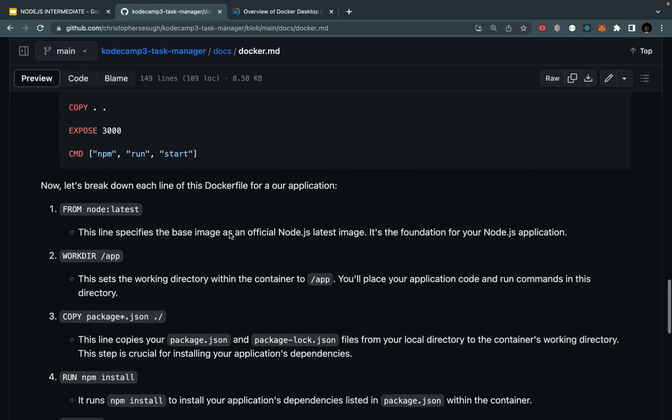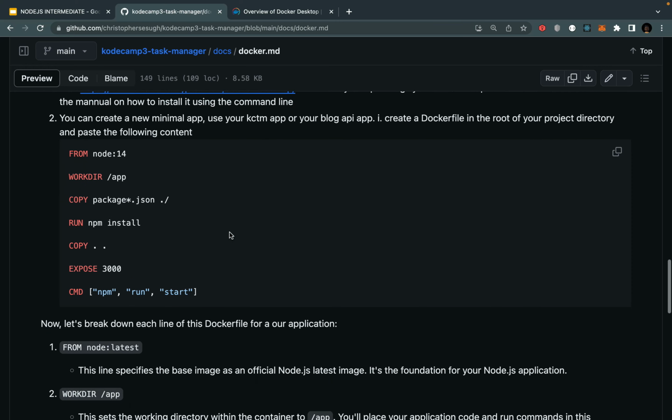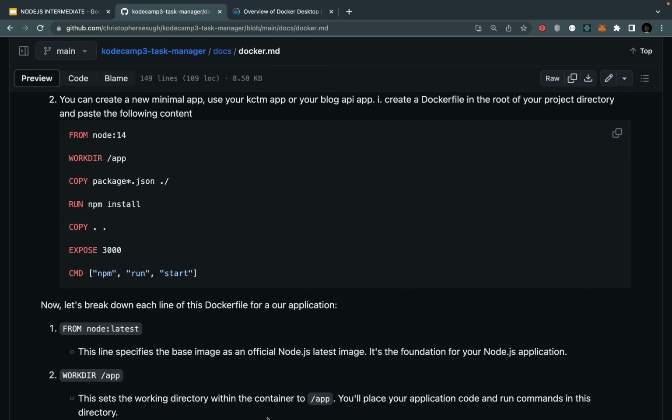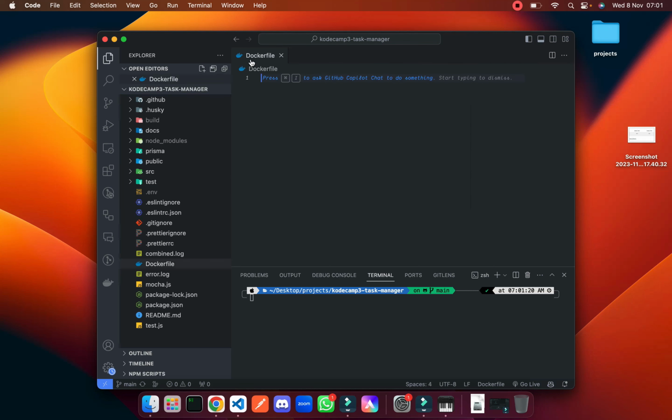After pasting it, we're going to be explaining it line by line. But first of all, I'll come to the root of my project here, then create a new file, call it a Docker file. So inside of this Docker file,